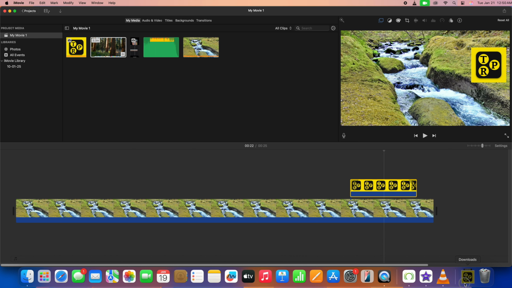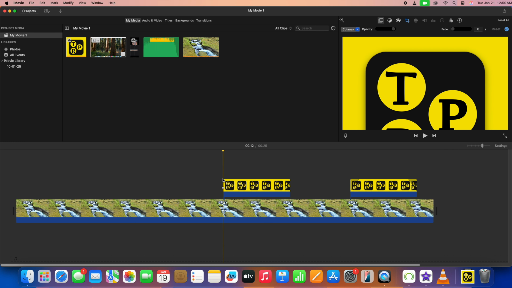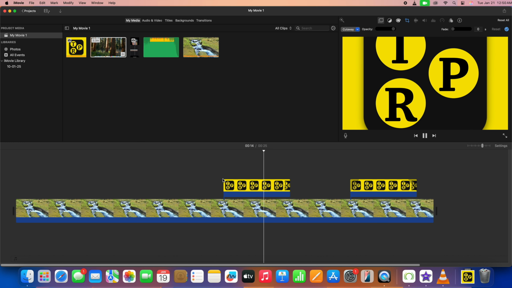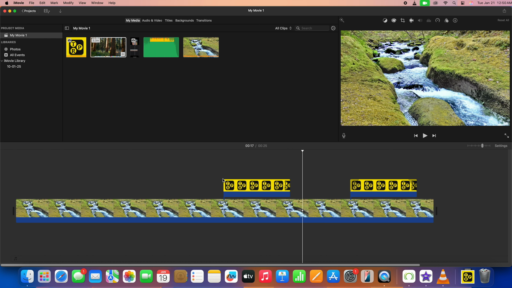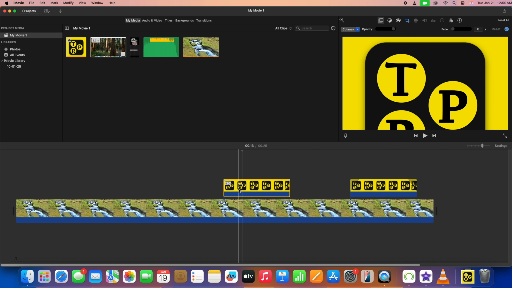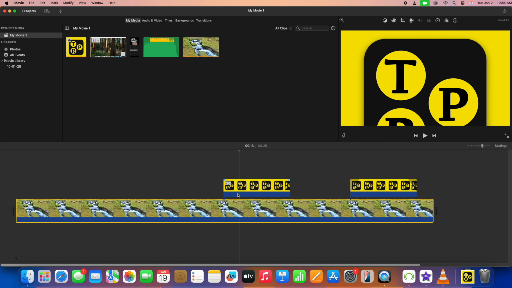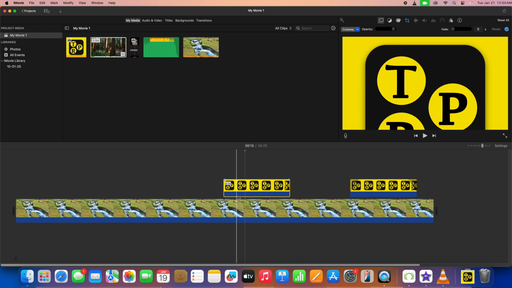By default, if you bring any picture into an iMovie video project, you will notice that the image will play like this. The image is moving and we need to put the image the right way on the video. For that, we will have to click on the image layer first, and when you click on that, you will notice that a yellow border is outside the image layer. That denotes the image layer has been selected. Similarly, if we click on the video layer, you will notice that the yellow border is on that. So that is selected right now, but if we want to select the image layer, we will have to click here and you will notice that it is selected now.